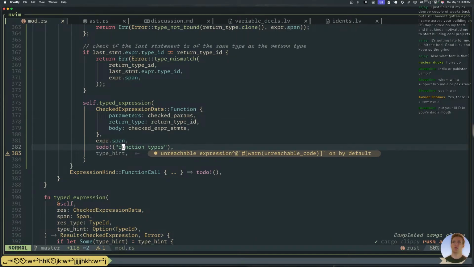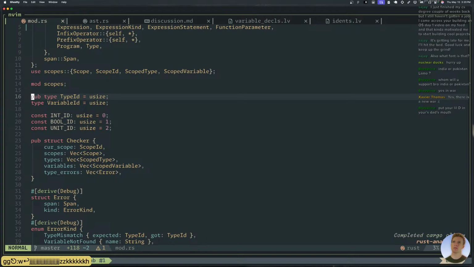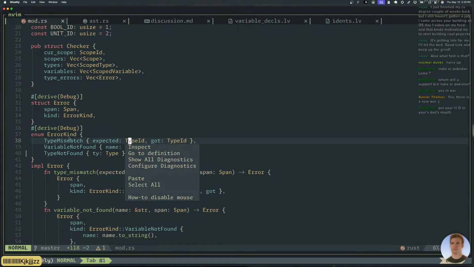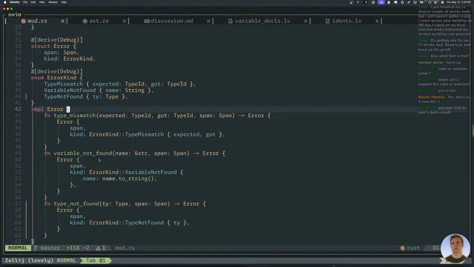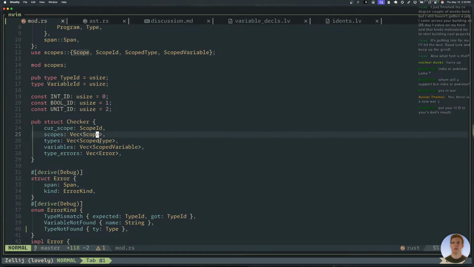So now we just have to deal with the type of this thing. So now we just have these scope types.